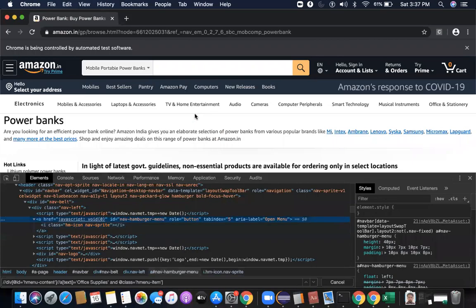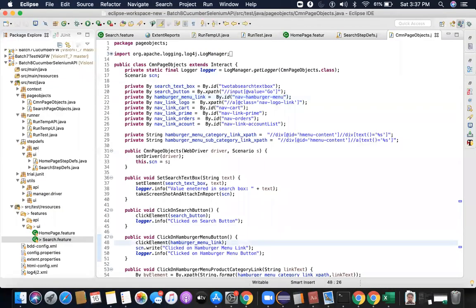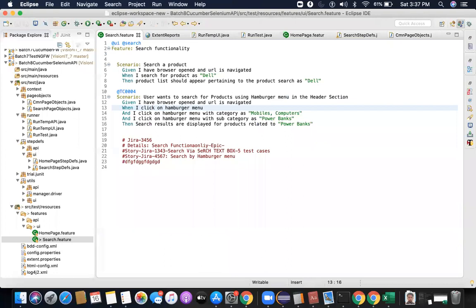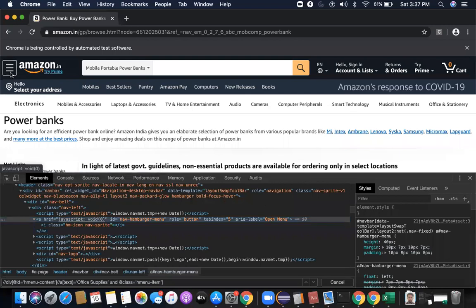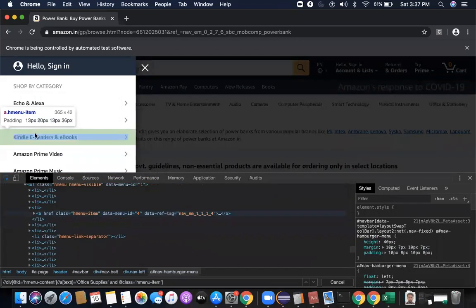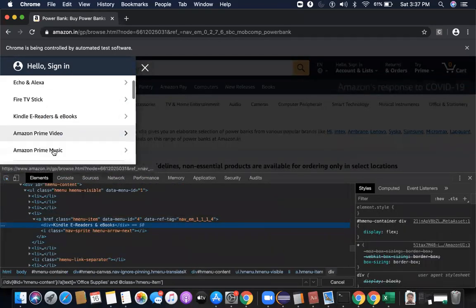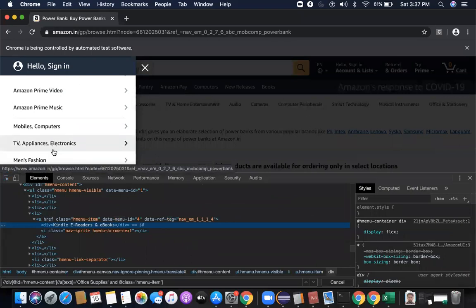Okay. Now the real discussion, or the real problem statement at hand, is this one. When I click on the hamburger menu with category as mobile and computer, this is what I wanted to explain today. If I click on this and hover on a specific element, there are many elements, by the way, and I want to have this dynamism present in my script.